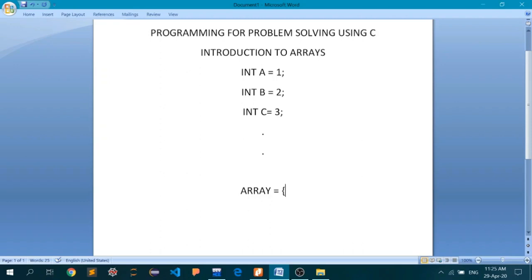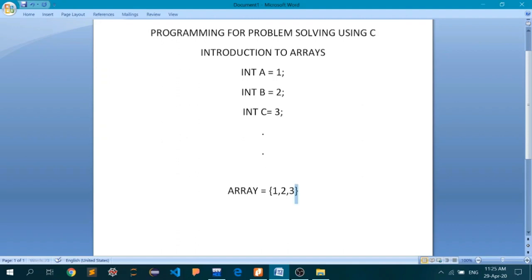When you are using an array, it is just continuous blocks of memory locations assigned by the system to store your data points. If I have to store these 3 points, I will write something like 1, comma 2, comma 3, and then close the bracket.